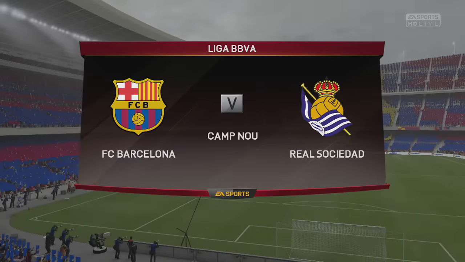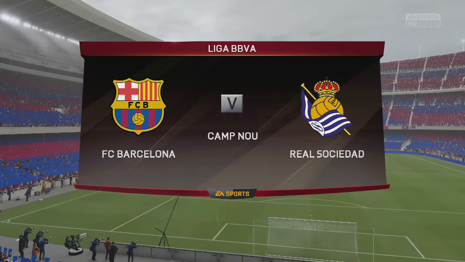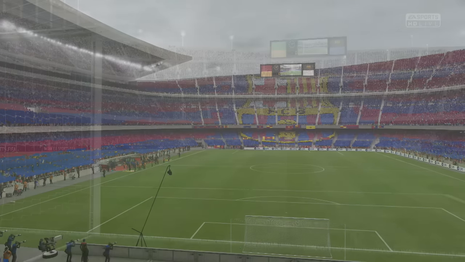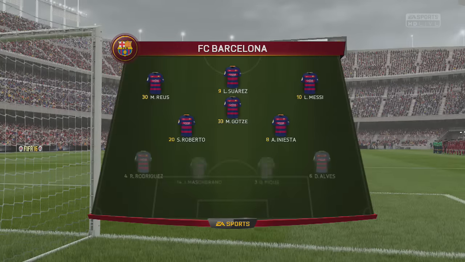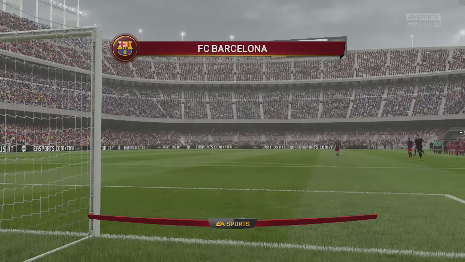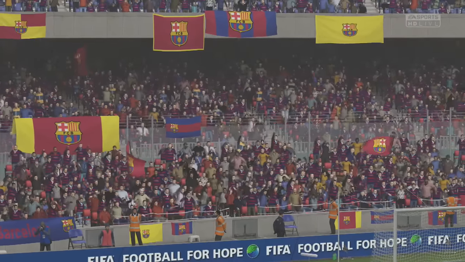And take a look at the Real Sociedad lineup for this game. Real Sociedad are a very strong side in the Spanish League. I'm not too sure how they're doing so far this season in this career mode, but you guys can see my lineup for this game. Claudio Bravo in goal, Dani Alves as the right back, PK and Mascherano at the back also, Sergio Busquets, Mario Götze and Andres Iniesta in the midfield, as it's Marco Reus, Luis Suarez in the striker position, and Messi